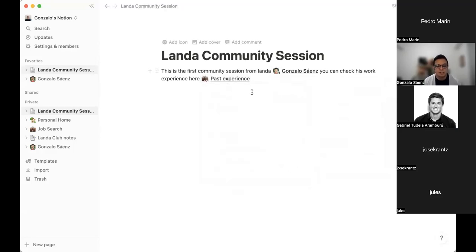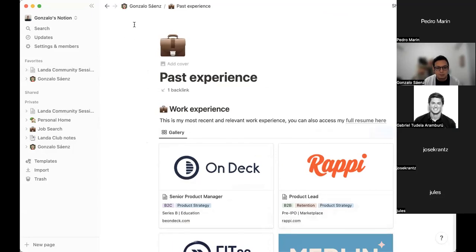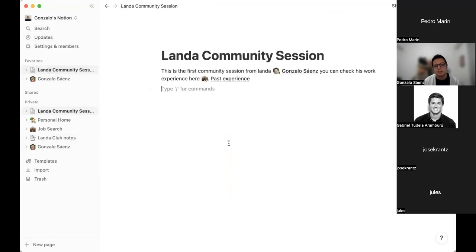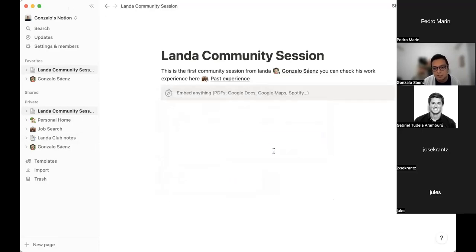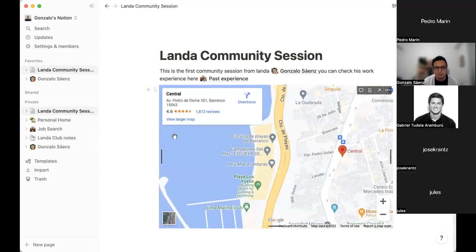I have also a page for my past experience. So this is something that you can link, and you can visualize these ones. Also, you can, for example, embed stuff. For example, if you want to build a company page and maybe show where your location is, you can just use an embed block, paste a link from Google Maps, and you have the embed here.